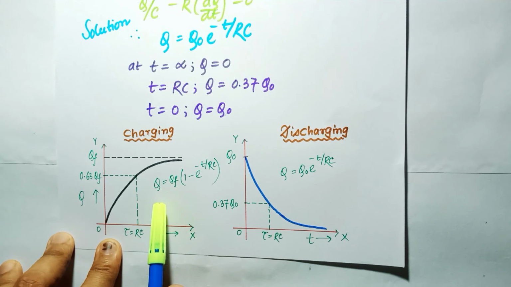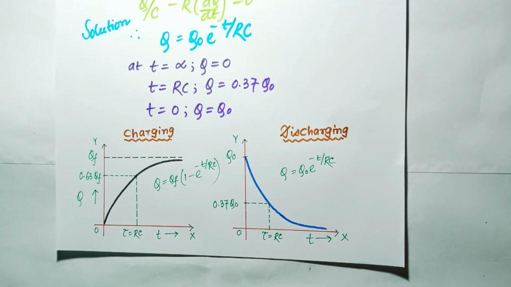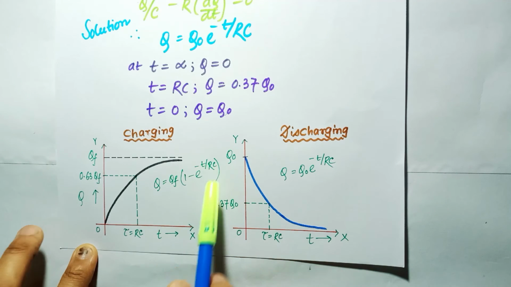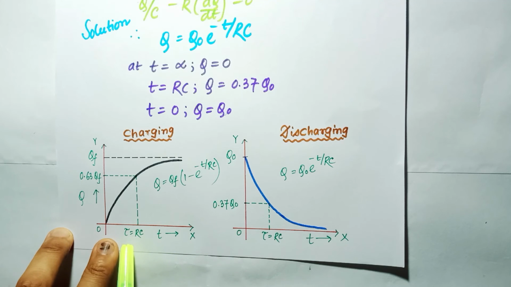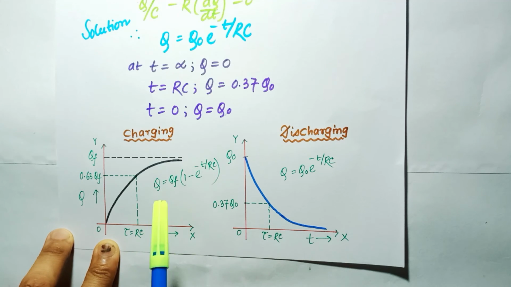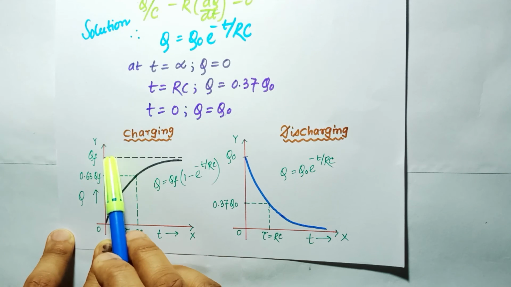So you can see from these two graphs, this is the charging plot, this is the discharging, and Q follows the relation Q is equal to QF times 1 minus exponential minus t by RC. And so you can see Q behaves like this with time. So this is Q, this is over time, and at t equal to tau is equal to RC. RC is called the time constant of this RC circuit. So at tau equal to RC, this is 0.63 QF, meaning Q becomes 63% of its final value QF.